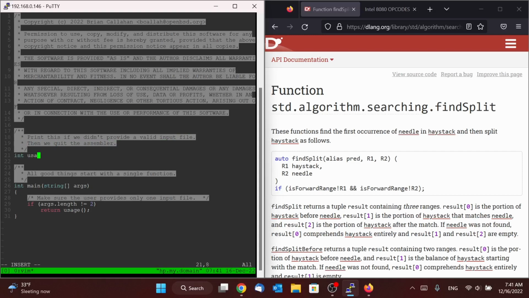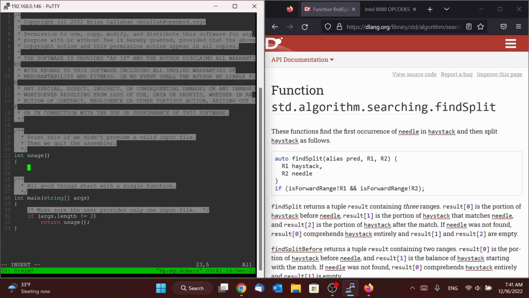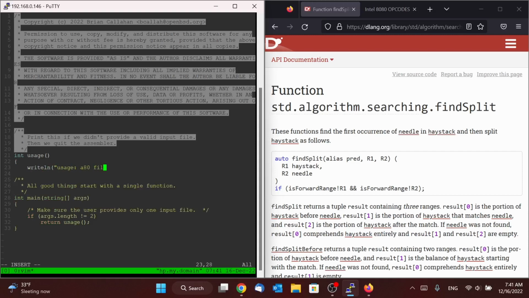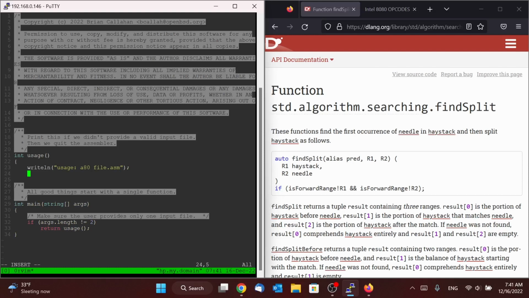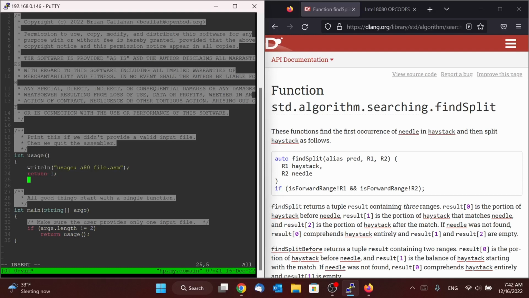And we can say int usage, and usage doesn't need to take any arguments, so we can simply leave the arguments empty. And we can say we want to write a line, and we want to actually tell the user how to use the program. So the way you use the program is you say A80, which is going to be the name of our program, and then we say file.asm. And then we can say return 1 or something like that.